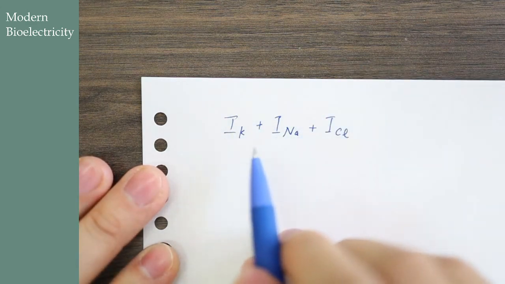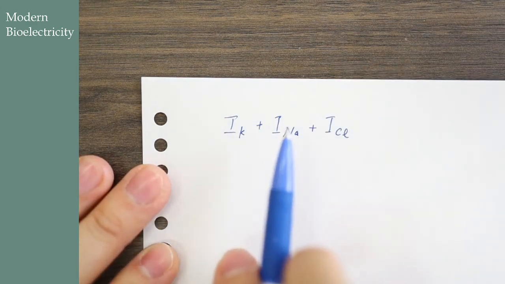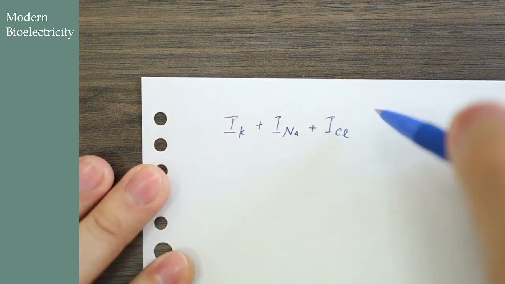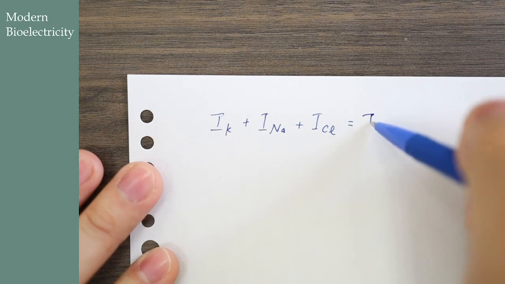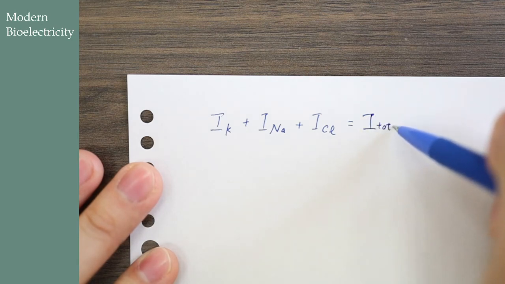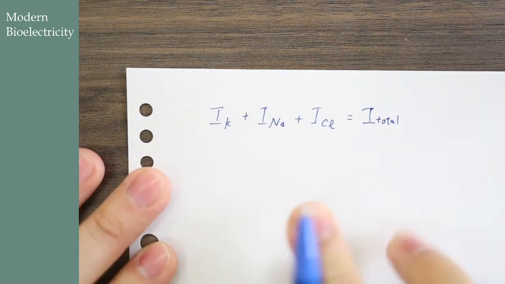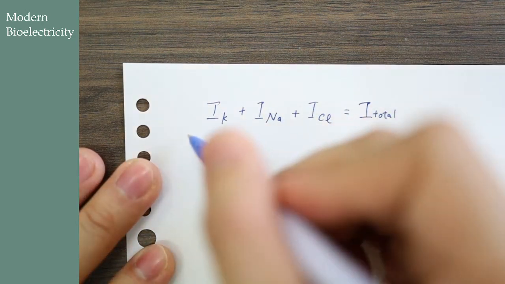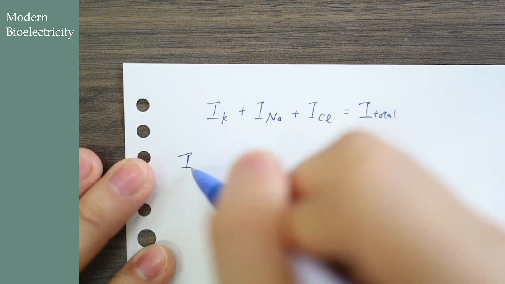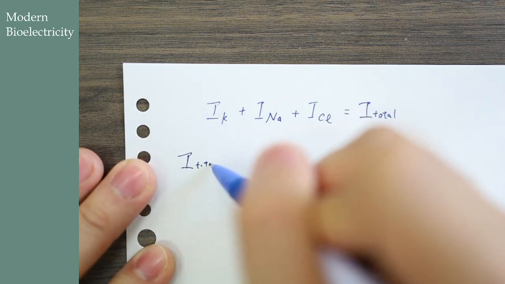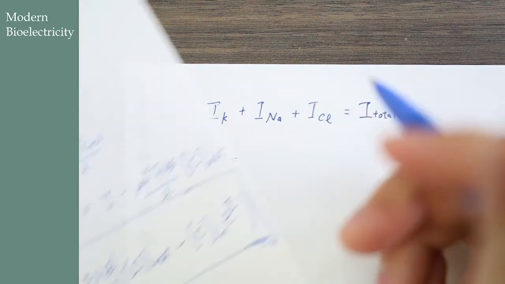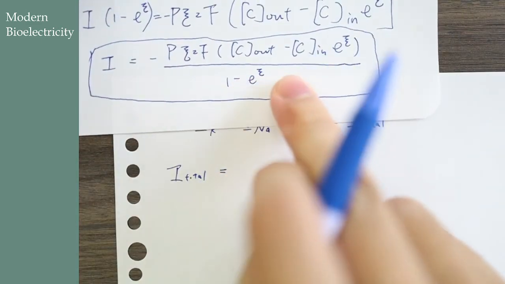But in neurons or muscles, we mainly use these three monovalent ions: sodium, potassium, and chloride. So it's equal to the total ion flow, the total current, right? So if that is the case, then I total is equal to this,